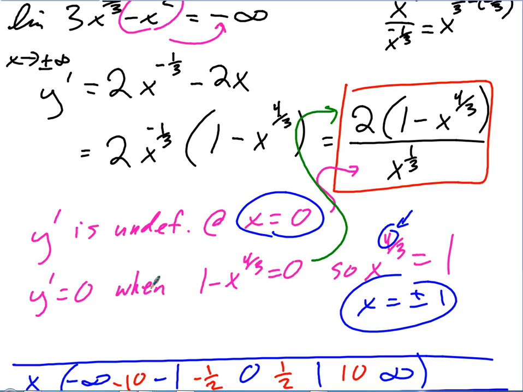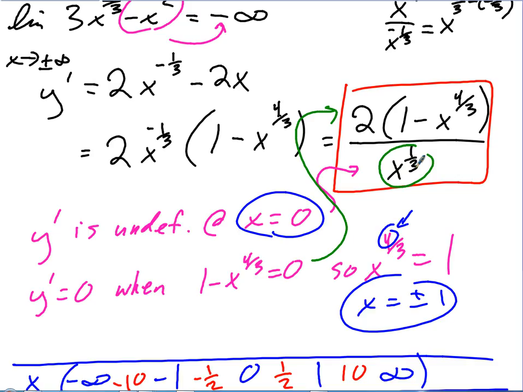And we got some results here. When we set the bottom equal to 0, we factored this thing. We got a negative exponent, which was sent to the bottom. And so when we set the bottom equal to 0, x to the 1/3 equal to 0, and solve, what are the values of x where x to the 1/3 equals 0? 0. And so x equals 0 became a critical number, right? Because that's where the derivative is undefined.